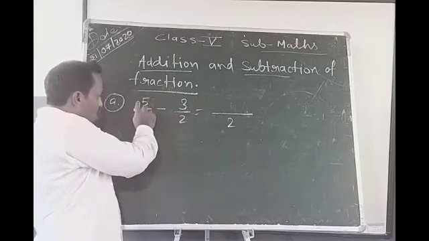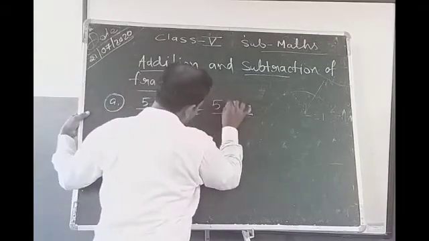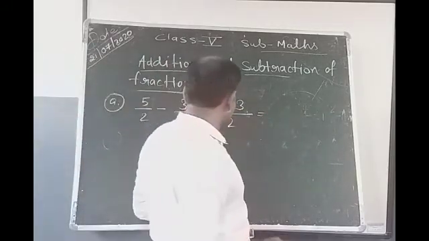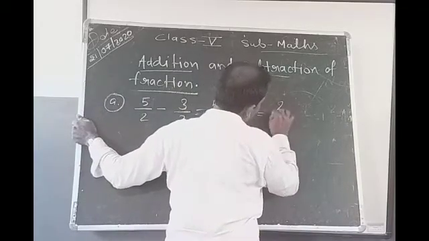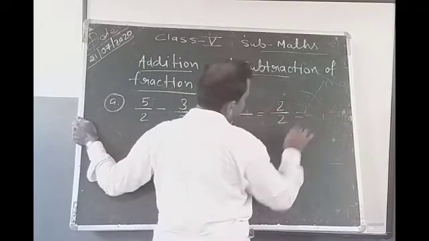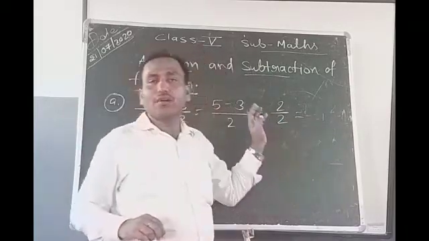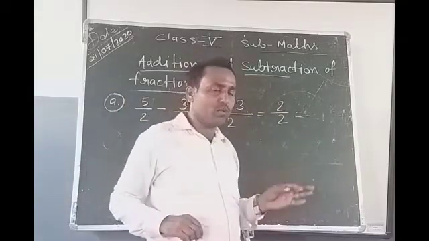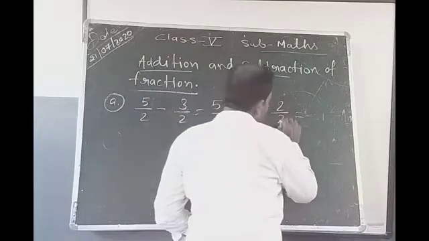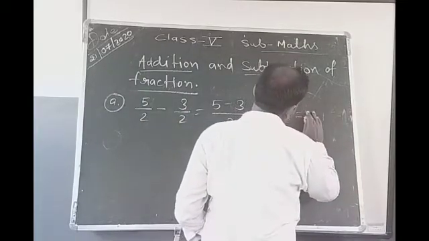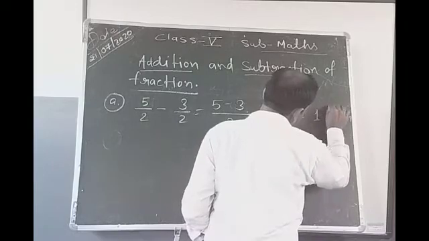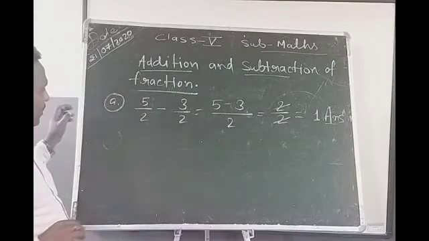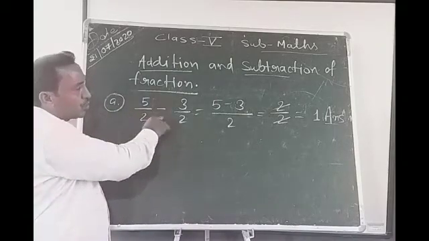5 and 3. So you arrange it as 5 minus 3, and now you subtract: 5 minus 3. What is coming? 5 minus 3 equals 2, and the denominator is also 2. It means numerator and denominator are both equal, so 2 by 2. In the 2 table, both numbers are divisible, so 2 ones are 2 and 2 ones are 2. It means your answer is 1. So for like fractions, if it is subtraction, you solve it this way.